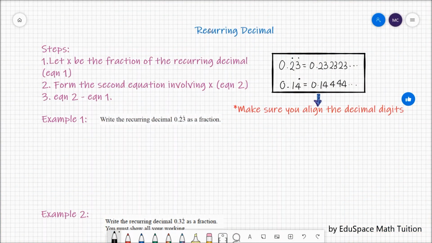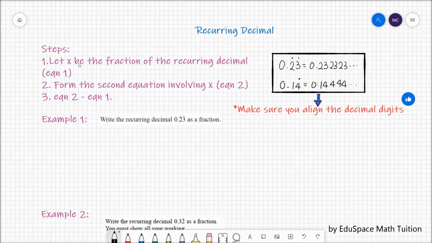Hi guys, let's learn how to do recurring decimal today. If you are having 0.23 with dots, it means that 2 and 3 will be repeated forever. So you will be having 0.232323. And then if you are having 0.14 with only the 4 having the dot, it means that only 4 is being repeated. So therefore you will be getting 0.144444. In order to express the recurring decimal into a fraction, what we do first is we will let